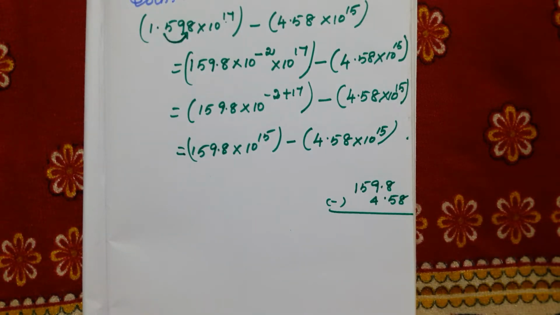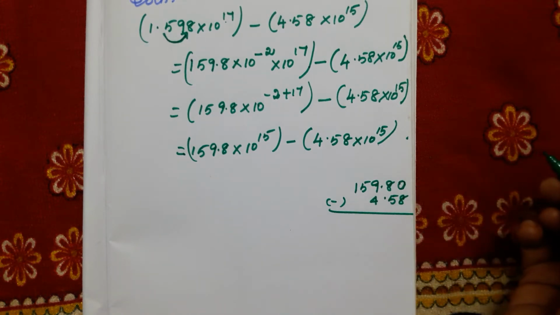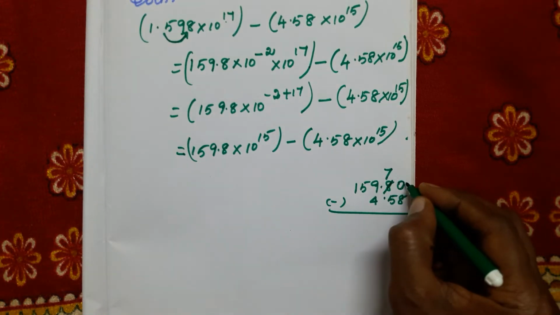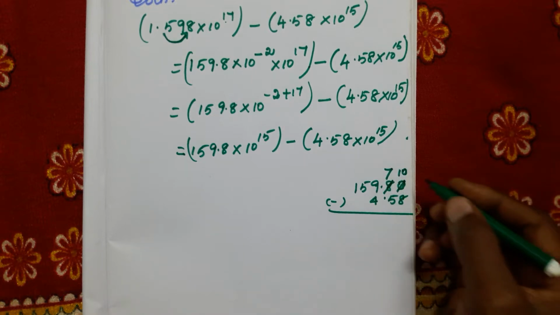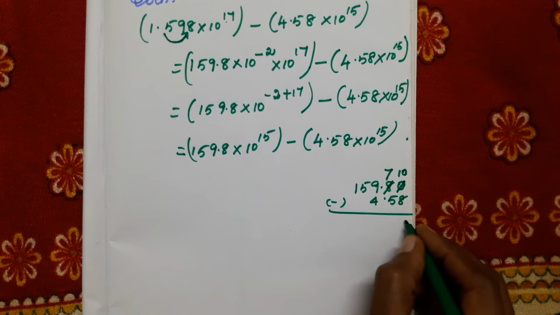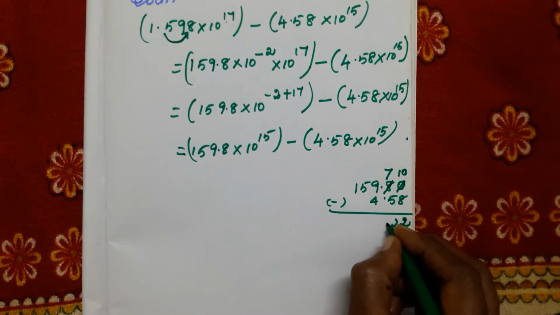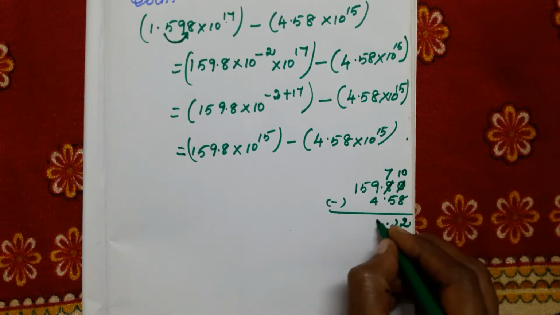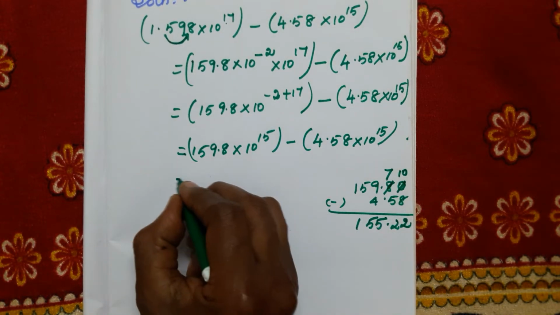When we are subtracting, here we can include one 0. Borrow it and subtract it. Borrowing time, 7 will be get. Here 10 will be get. 10 minus 8, 2. 7 minus 5, 2. Point. Next 9 minus 4, 5. Next here 5, 1. So we are getting